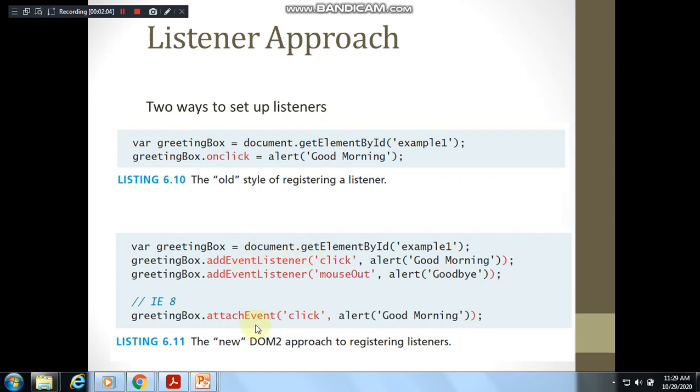Later, you can also attach the event like this. This style is used by Internet Explorer 8 and higher versions, while the other is used by Chrome and other kinds of browsers. So you can make an observation that coding also requires the support of the browser in web designing, right? Instead of addEventListener, attachEvent can be used. The syntax remains the same as that of addEventListener, only the name of the function changes.